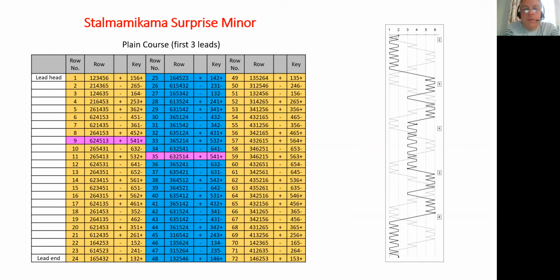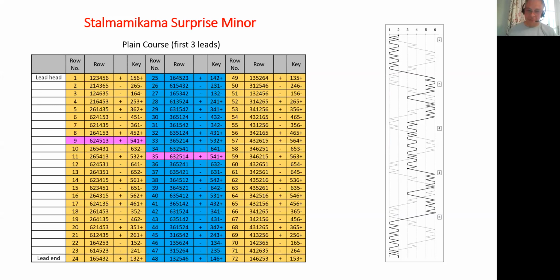However, if we do our analysis on it of building our keys, the same as we did for Cambridge, we actually find that the keys are not unique. We get repetition of some of the keys. So I've highlighted in pink there just one of the particular repetitions. Now the reason that you won't have ever heard of this method is that repetition of keys causes a bit of a problem,